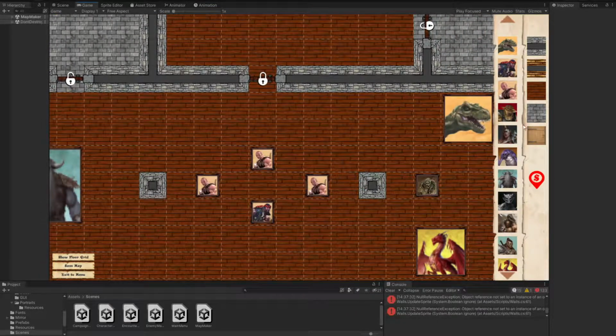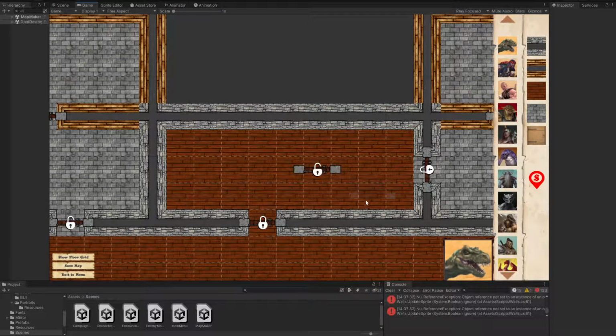The other thing that we've got now are these doorways. So if we click that, we can place down a door. You can place them anywhere. I decided not to restrict it to, you have to place them between walls. I think it's up to the map maker, the Dungeon Master, where they go. If you want to have like a magical door in the middle of a room that's not connected to anything,